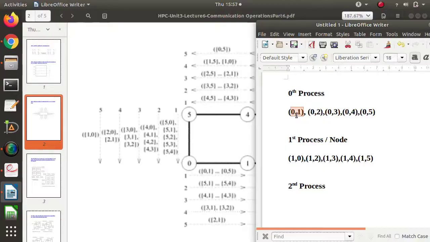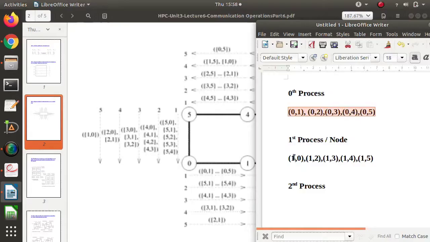Okay, so anyhow, this message is meant for the first process only, because 1 is the destination. So there is no point in forwarding this message, as this message is meant for the first process only. So what the first process will do, in the second step, it will forward only this much of the messages, and that's why one message got dropped. So I think you have understood this. First step, zero process has sent this message to first process.